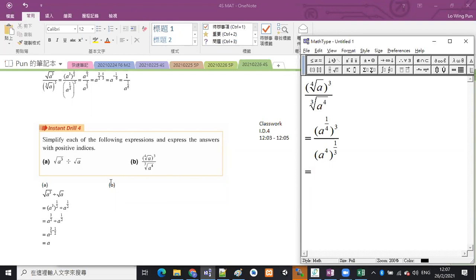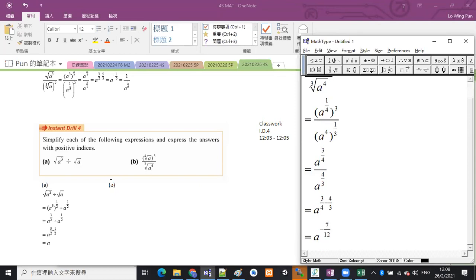Okay, and then we do the multiplication on the indexes first. So A to the power 1/4 times 3 is 3/4. And for the bottom part, A to the power 4 times 1/3, that is 4/3. And then when it is division, we do the subtraction on the indexes. A to the power up minus down, that is 3/4 minus 4/3. Okay, and then you just use the calculator to find that it is A to the power negative